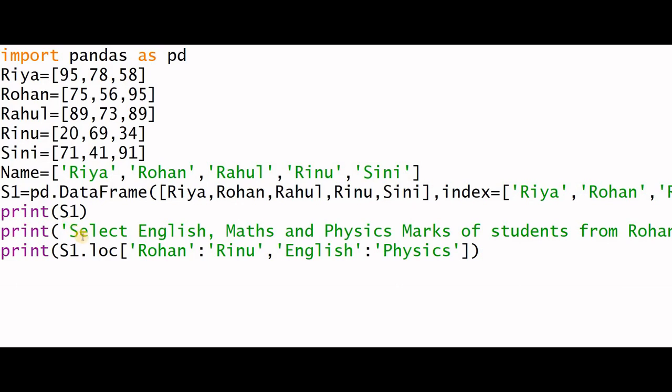So here in this program we wrote code to access the English, Maths and Physics marks of students from Rohan to Renu.